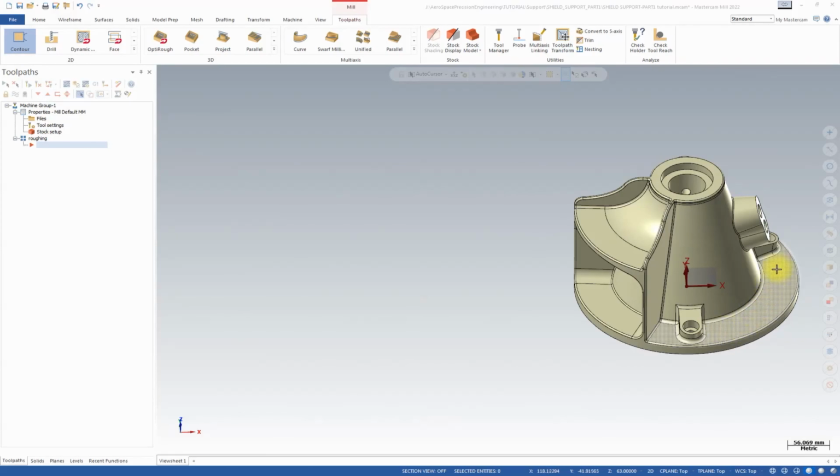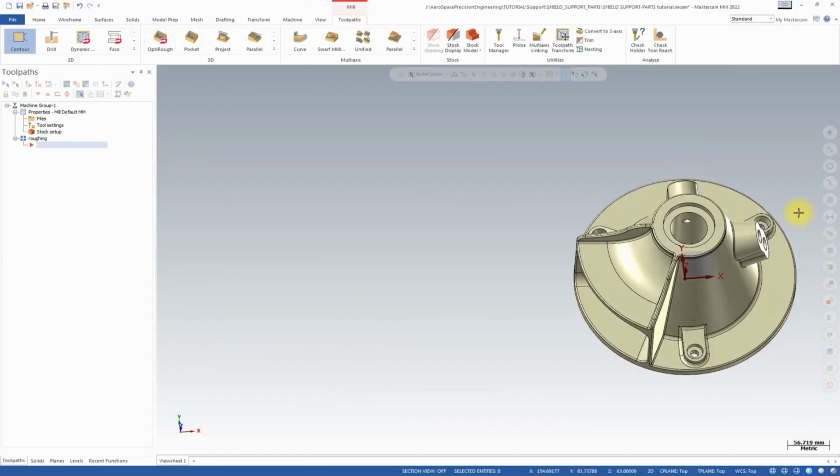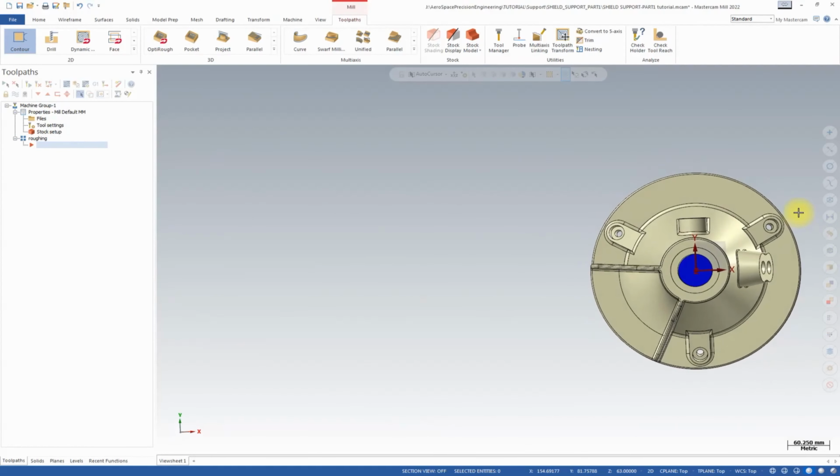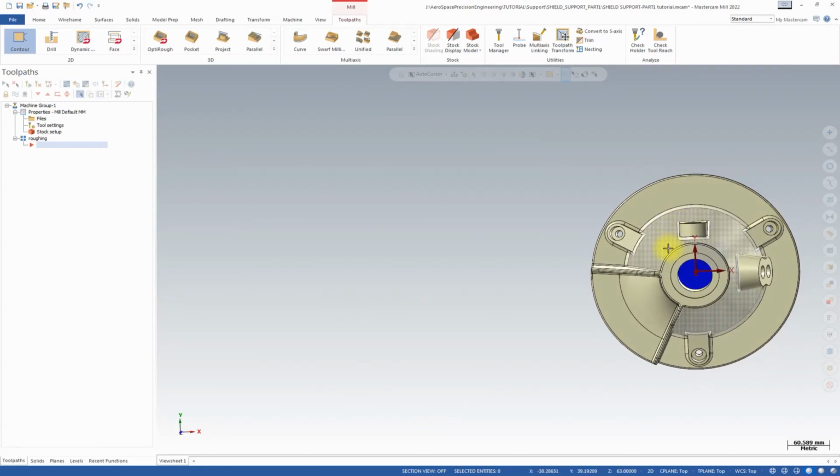The first operation is the bottom of the surface, all roughing here without any rotation. The roughing of the part, the taper of the part, and the normal of the tool here. Okay,